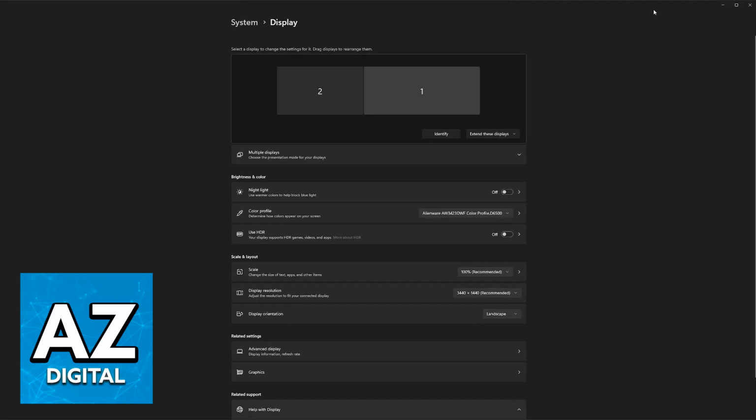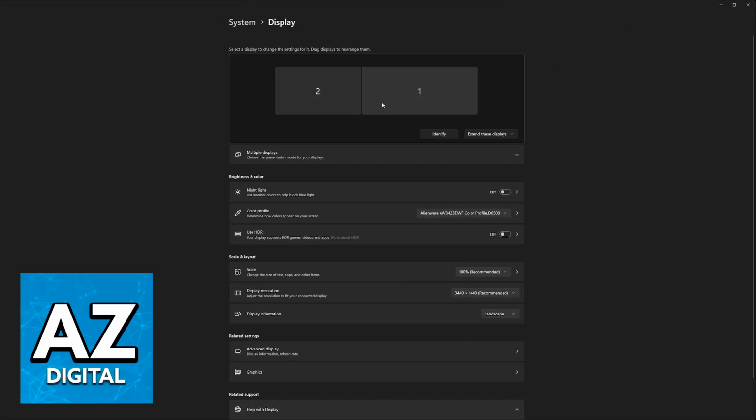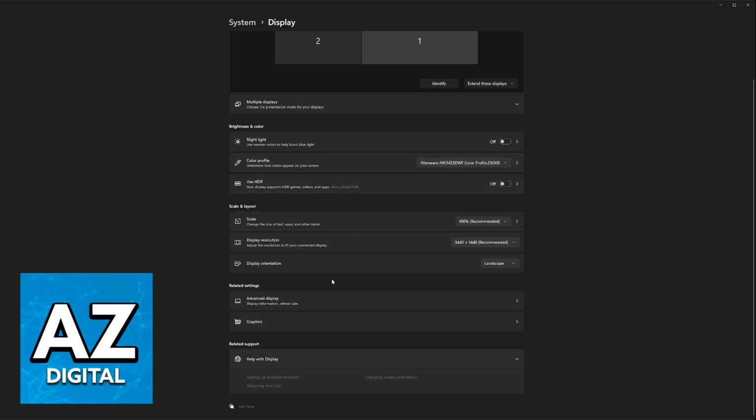Immediately upon going into display options, if you have multiple displays, you will have to select the one from HP that you want to manage here. Or if you have only one, it is going to be selected by default. With this done, you will be able to scroll down and you will be able to find display resolution under scale and layout. Usually, you want to leave the scale on 100 or whatever it tells you that it is recommended to be used in, and then you can choose the resolutions from here.